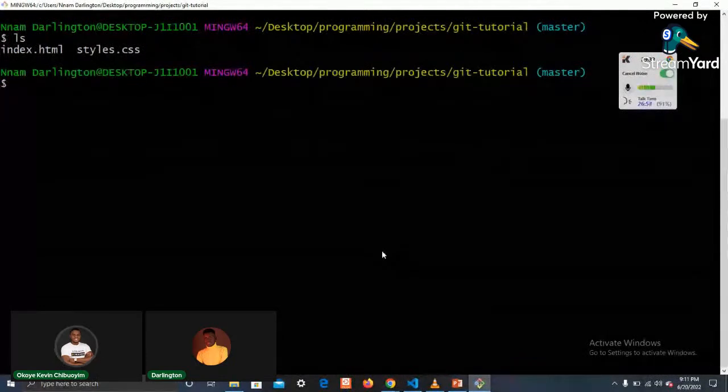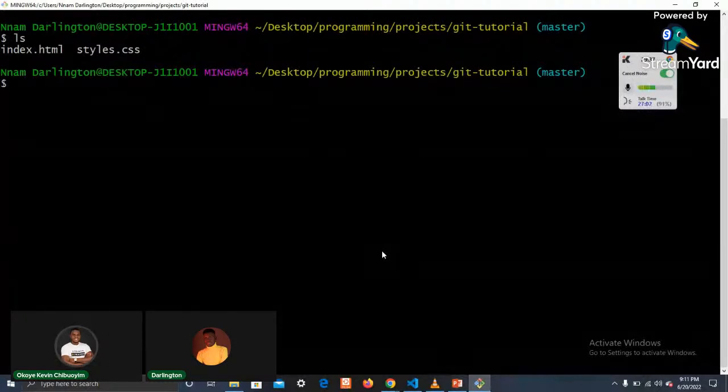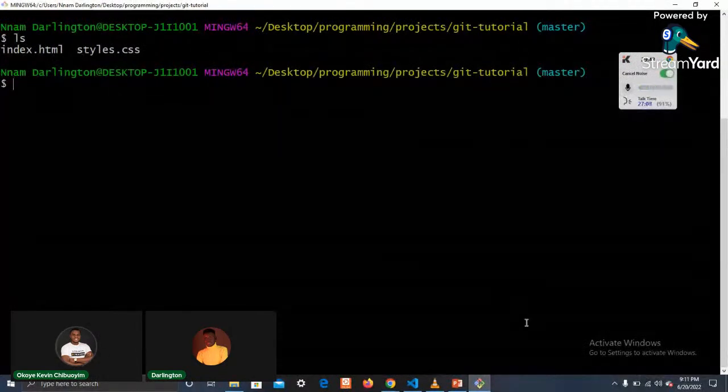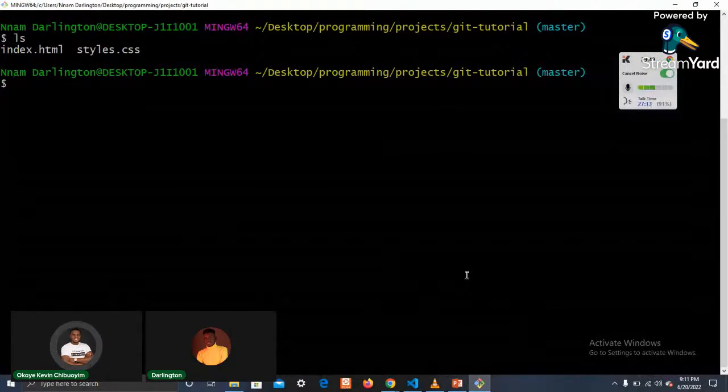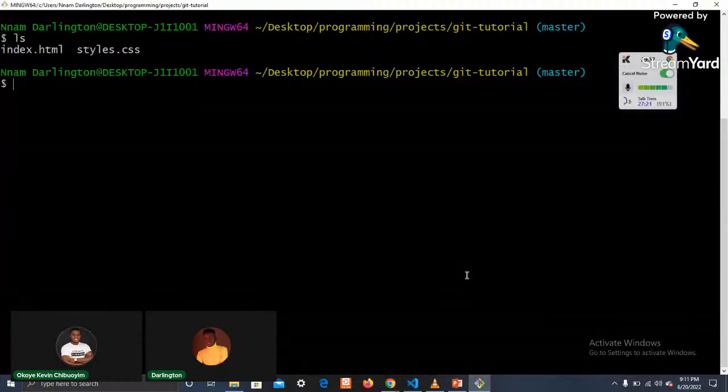He simply types cp, then the existing file name where it is currently, then the next thing, he typed the name of the folder he wants it to be sent into. Please, do we understand this? Type in the chat with yes if you understand, and if you don't understand, please feel free to mention, as we are also going to clarify it. If you understand, type yes. If you don't understand, type no.